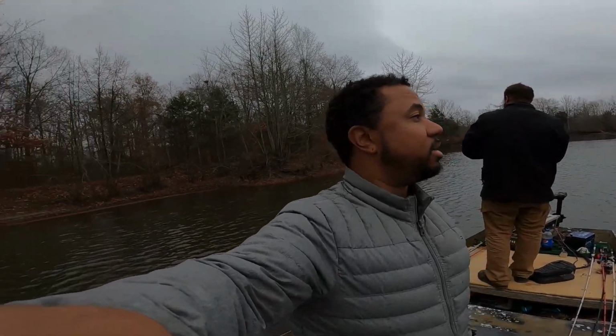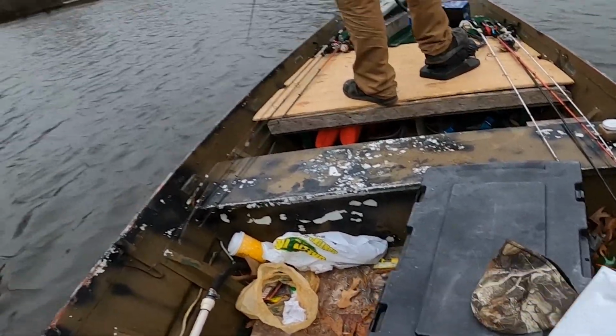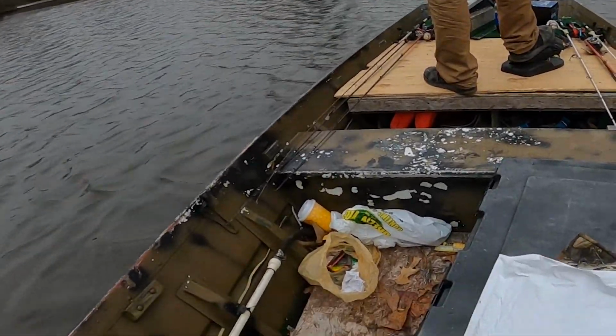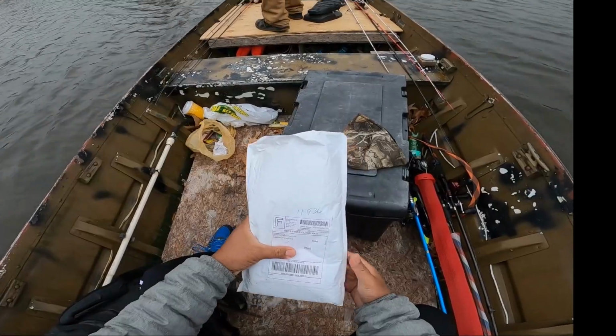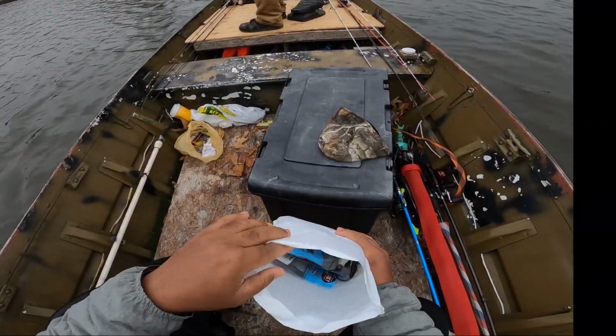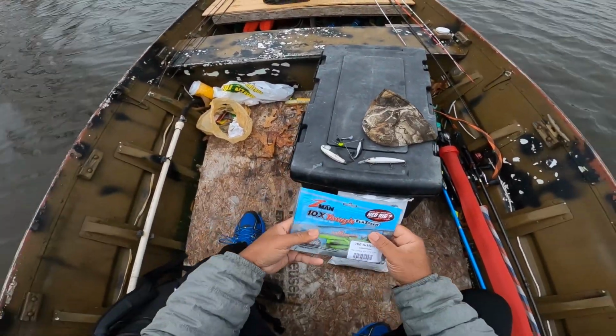Thanks for being here. Before I start fishing, I'm gonna show you guys what I've been fortunate. I've actually been catching fish in the wintertime this year. Here is a packet from Discount Tackle. I opened it up, but I haven't unpacked it yet. I'm gonna show y'all what I've got. I went out the other day, I haven't posted a video, but